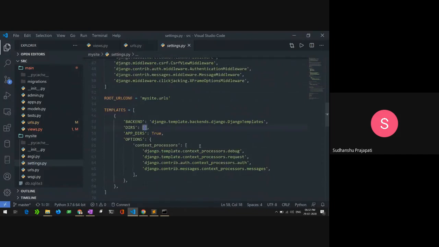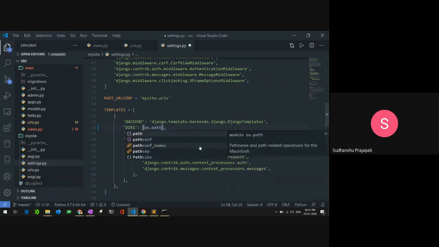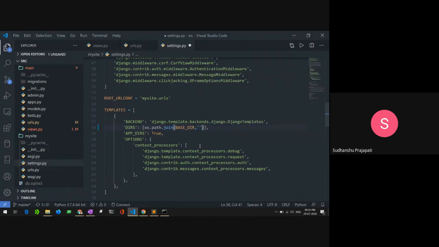Scroll down to the templates, and type os.path.join, with BASE_DIR, that is our base directory, and the name of the folder we want Django to look in for the files we are creating, that is the template files or whatever HTML file we want to create inside that folder.